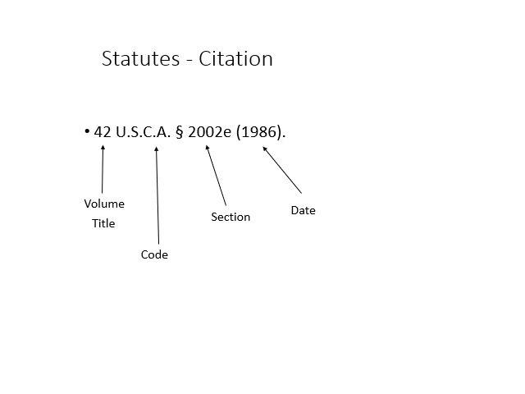Let's break down now a statutory citation to a federal statute. We'll see that it's the volume, followed by the abbreviation for the code, followed by the section number, followed by the date that the law was published, or I should say enacted. So here we have USCA, that's United States Code Annotated, an unofficial version. We would look for that stack of books in the library, and then we would have a whole stack of books in front of us, and we'd look to volume 42, pull that one off the shelf.